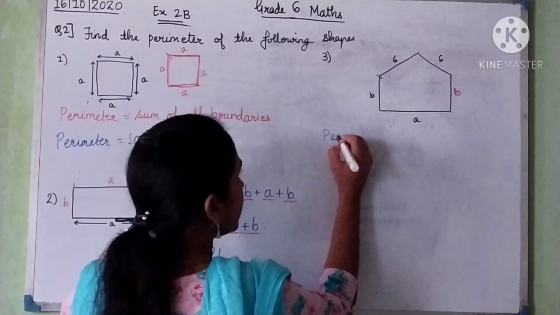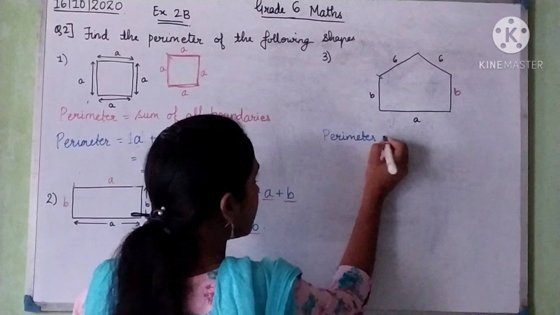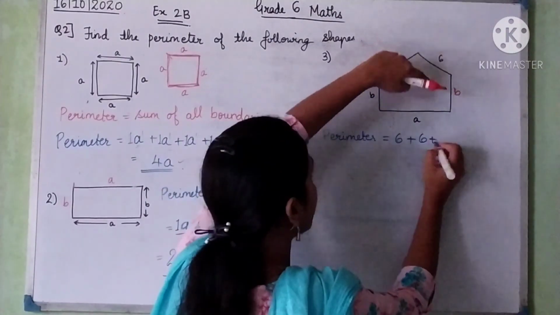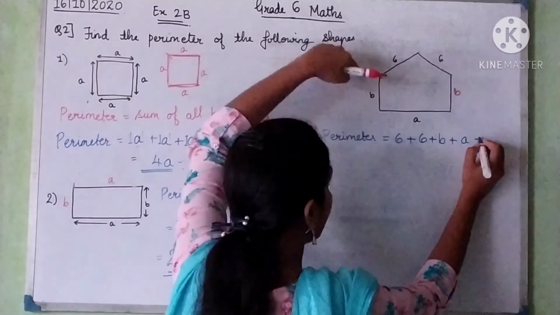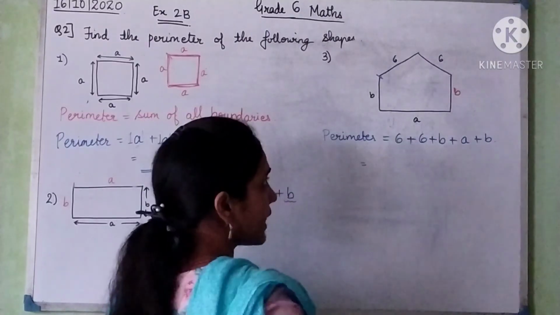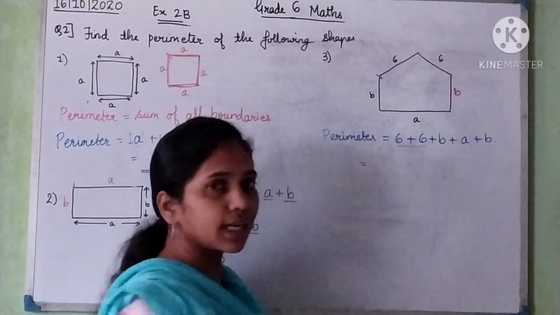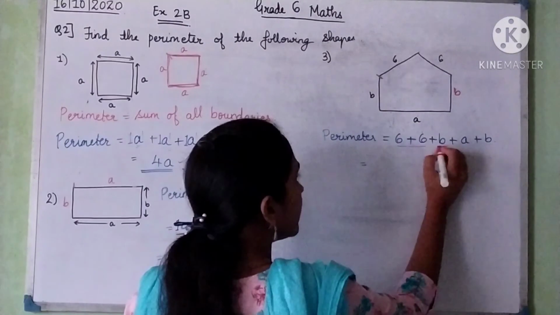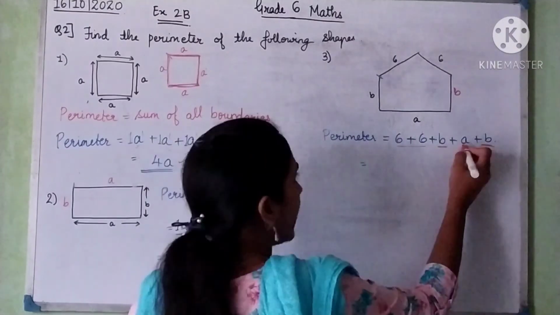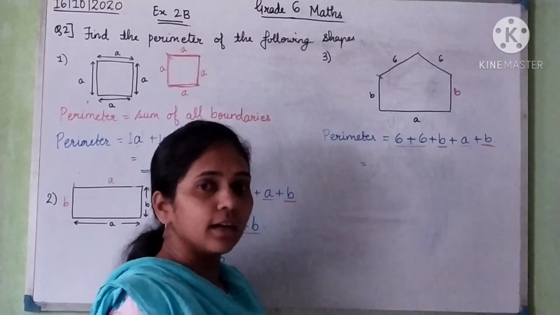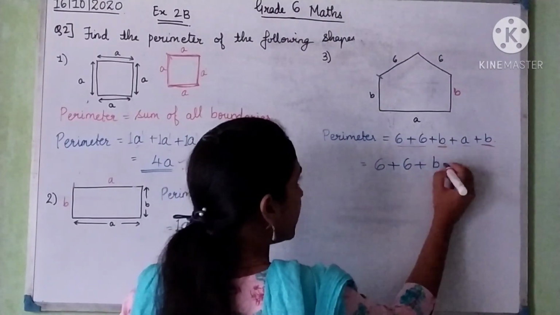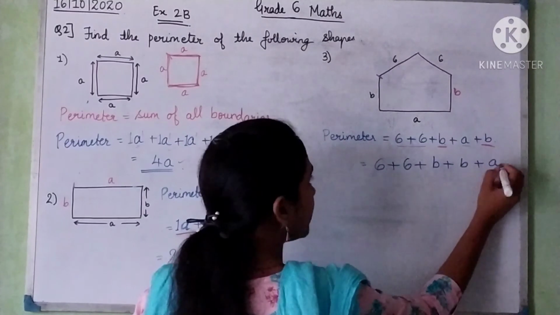Okay, so the perimeter of this shape is going to be 6 plus this 6 plus B plus A plus B. Okay, now we see that these two are numbers, 6 and 6 are numbers, so we write them. So those are like terms. Okay, then B, this 1B and this again 1B, those are like terms, so we write them together. And A, there is only one A, so we write it aside. Okay, so we can write first 6 plus 6, then I write this first B, then the second B, and then I write the A.